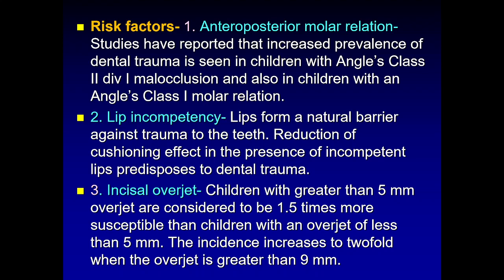Then you should also tell the parents at that time, you know what, there's protrusion of teeth, the lip is incompetent, the teeth are protruding even at the rest position. The child is at an increased risk of having a trauma, especially the class 2 div 1 cases. There's literally 10% more risk of the child having a trauma and fracturing his teeth. So, to avoid that, get ortho treatment done or wear a mouth guard or do some other form of treatment